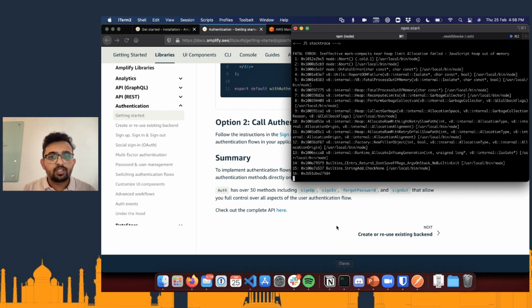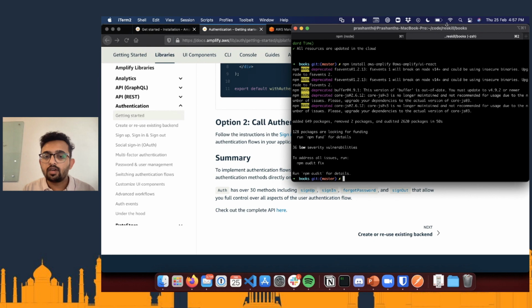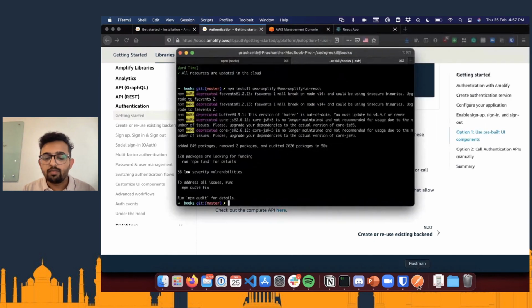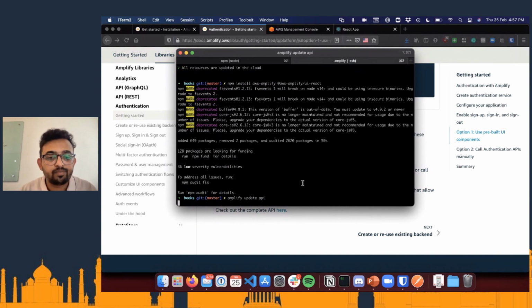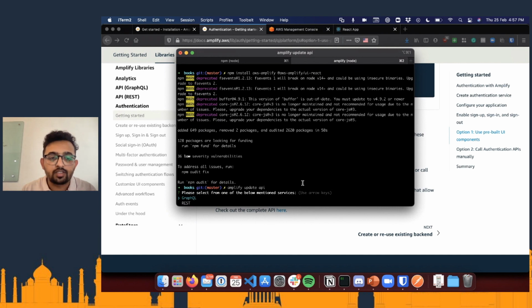Before we wrap up, I just want to show one more thing, which is that we can also update existing resources. So we can do amplify update api, and we can change whatever is already configured.